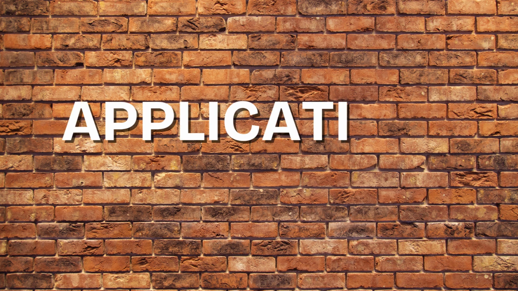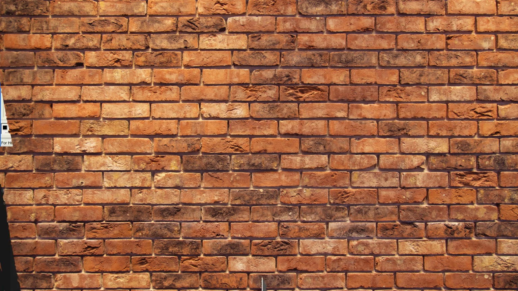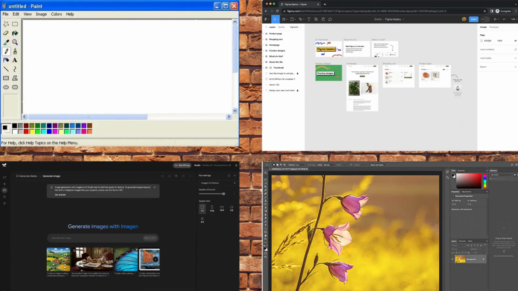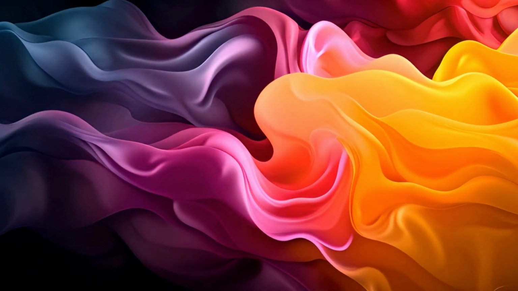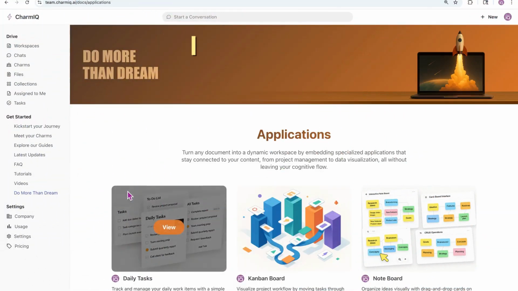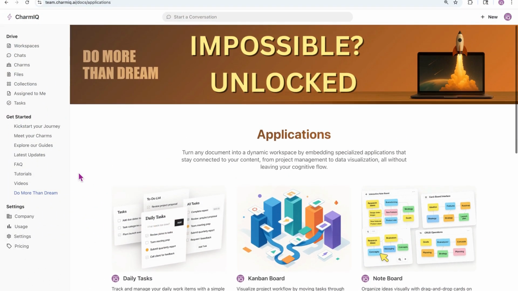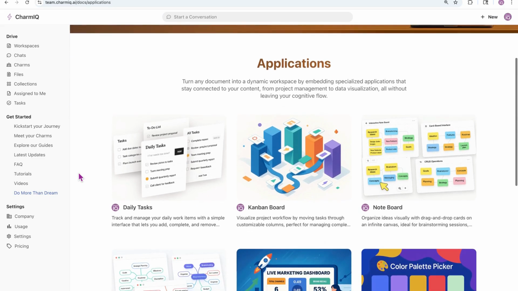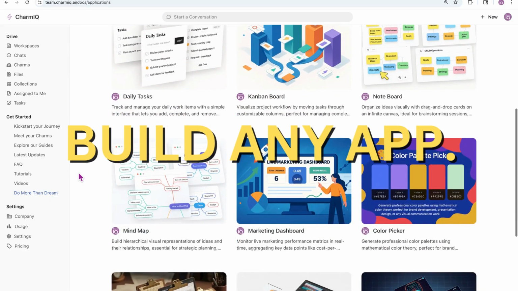Most people think of applications as fixed and rigid. You get one for drawing, another for editing photos, and they never quite work together. But what if apps could be fluid, dynamic, and perfectly tailored to exactly what you need in the moment? We've just launched something that most platforms would call impossible: the ability to create any application you need right inside